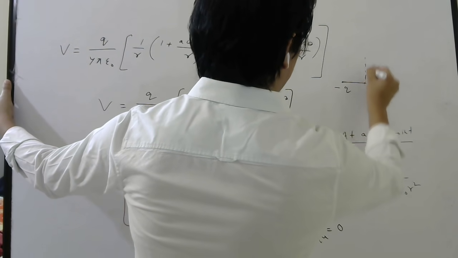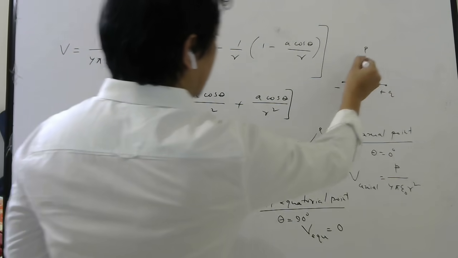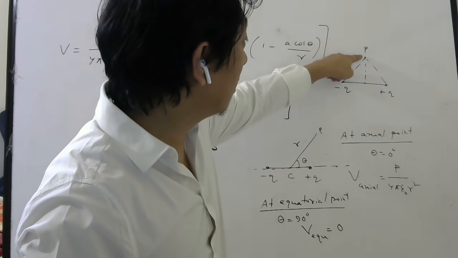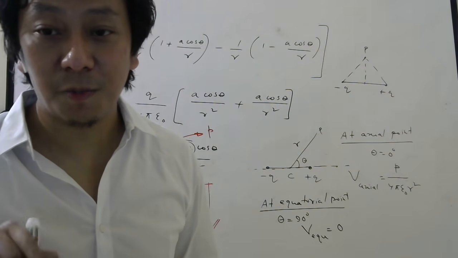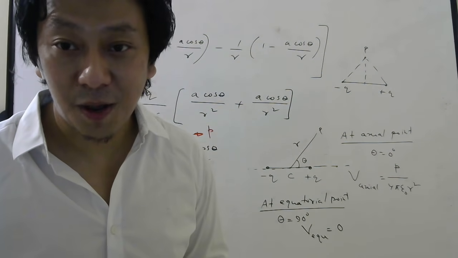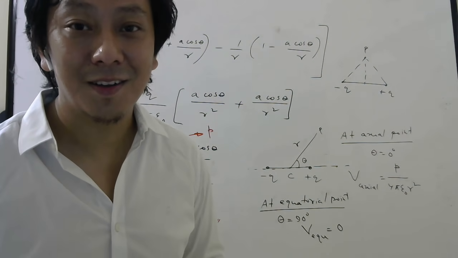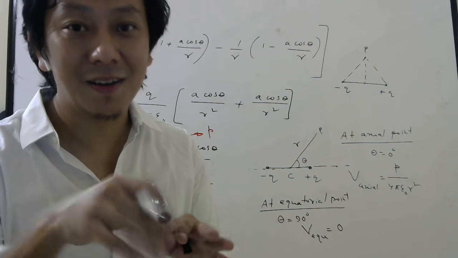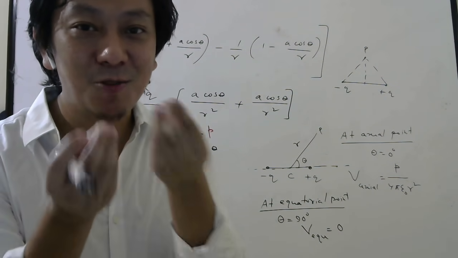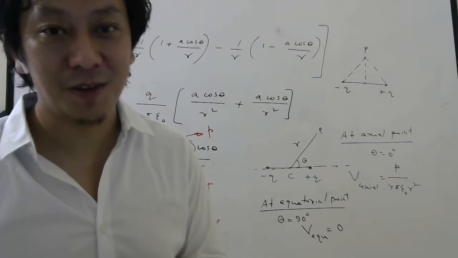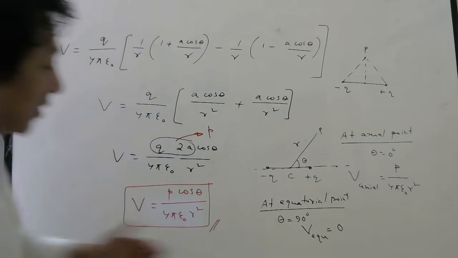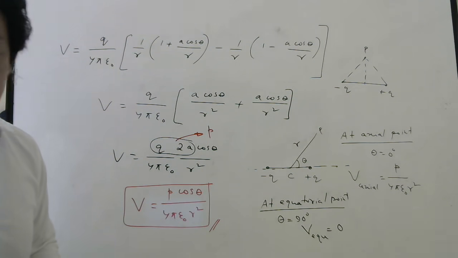Because if you ask potential here, then see this distance and this distance will be same. So potential here due to plus q will be what? 1 by 4 pi epsilon naught plus q by r. Due to minus q will be 1 by 4 pi epsilon naught minus q by r. So those two will be same and opposite sign. Direction doesn't matter. This is scalar quantity. So it is like two numbers. One is plus 2, other is minus 2. If you algebraically add, you will get 0. Okay, students. So at equatorial point of a dipole, potential is 0.